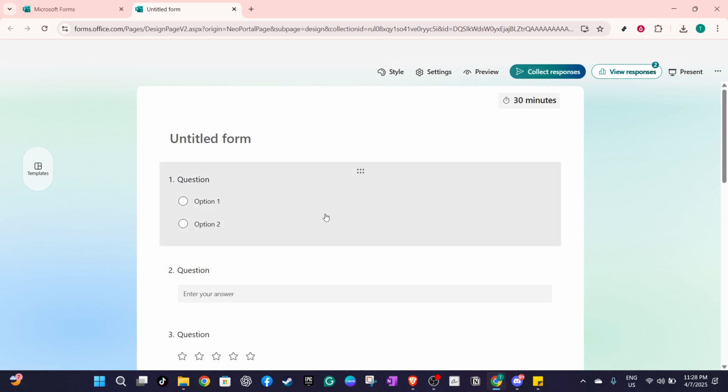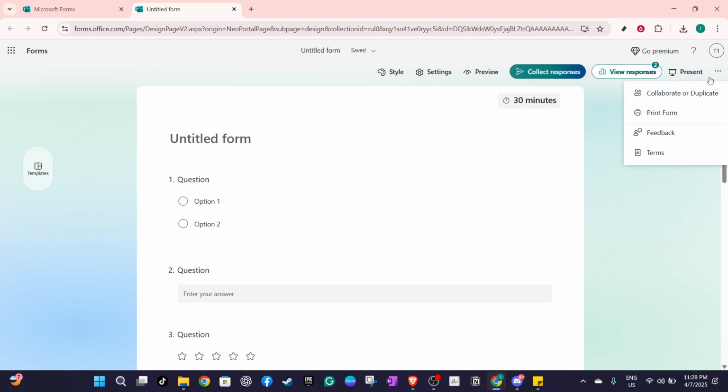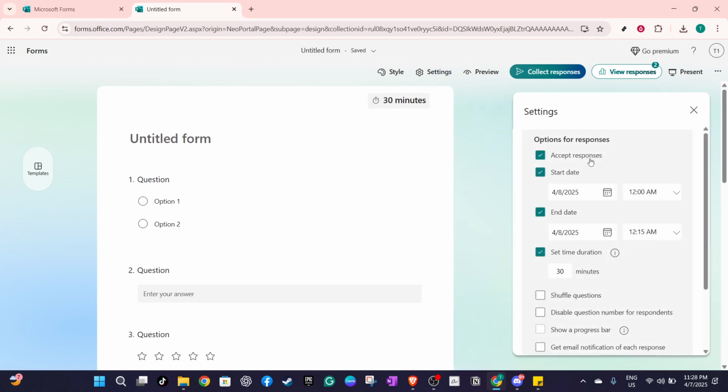Next, with your chosen form open, direct your attention to the top right corner of the page. There you'll find a set of 3 dots, sometimes represented as a gear icon. This is your gateway to the form's settings. Clicking here allows you to tweak how you interact with the responses you receive. Microsoft Forms conveniently places these options all in one place, so you won't need to fish around to find the